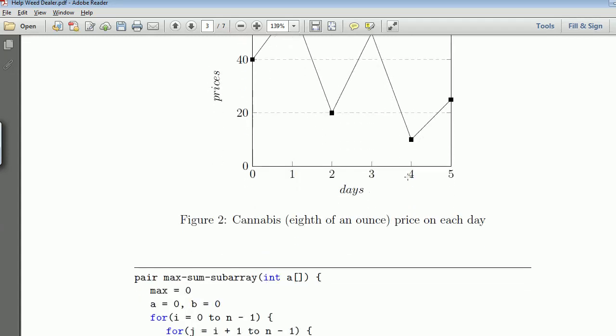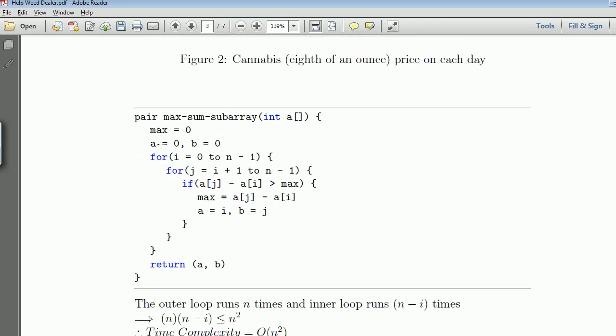Okay, so this would be the algorithm for the brute force approach,